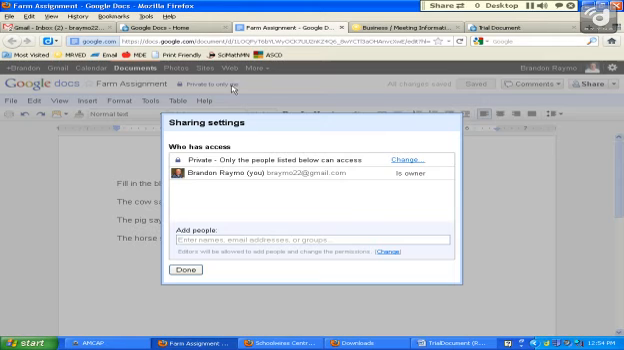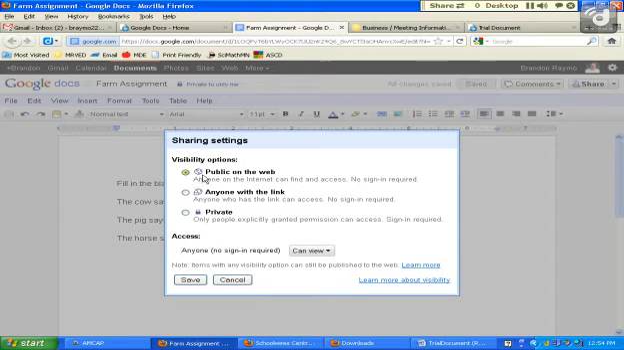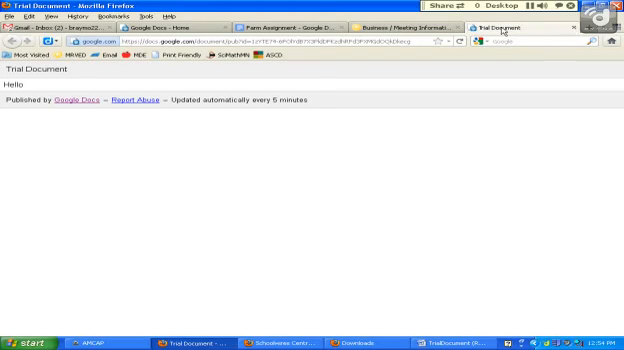Now I'm going to change my share settings to public on the web. And anyone can view this document. And hit save. And what I'm going to do is I'm going to take this URL, I'm going to copy it. And you can do a couple things. So if you just want, you can place this link on a website, on your website. Or you can